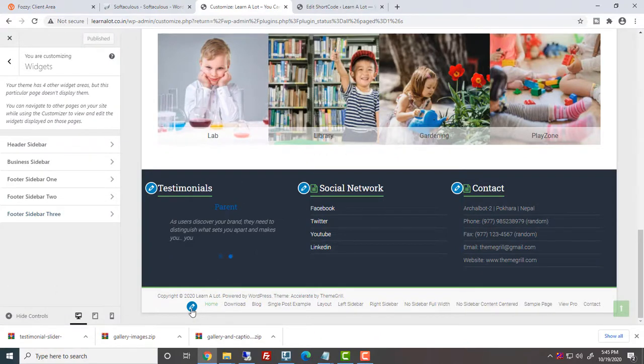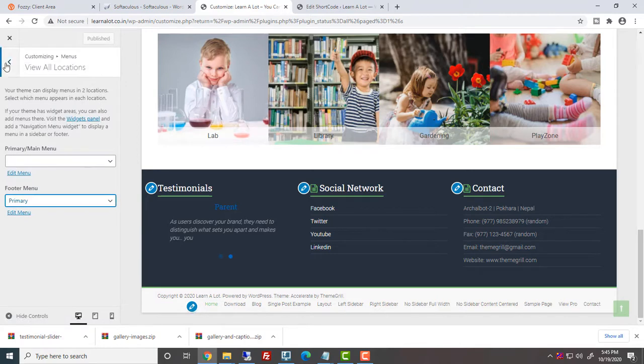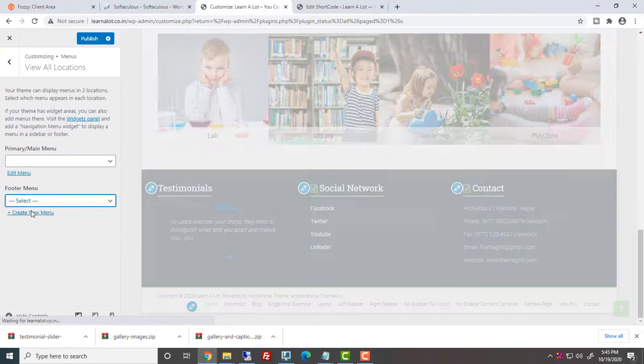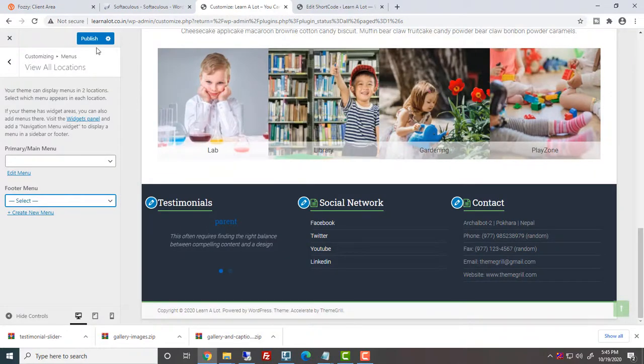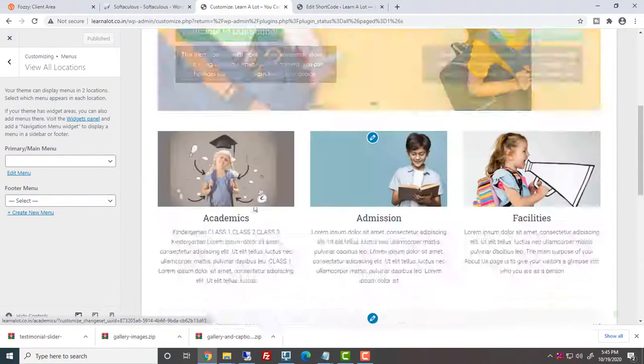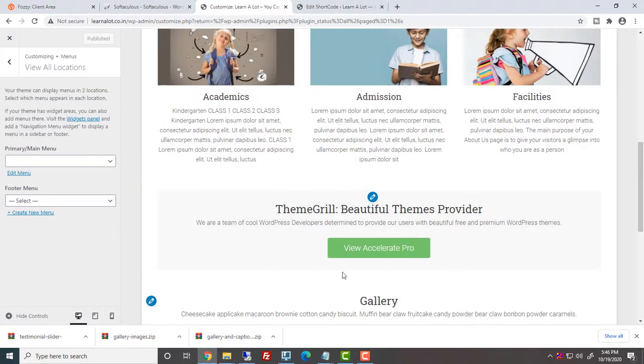We will remove footer menu bar. Publish the page. We will change call to action widget from dashboard.